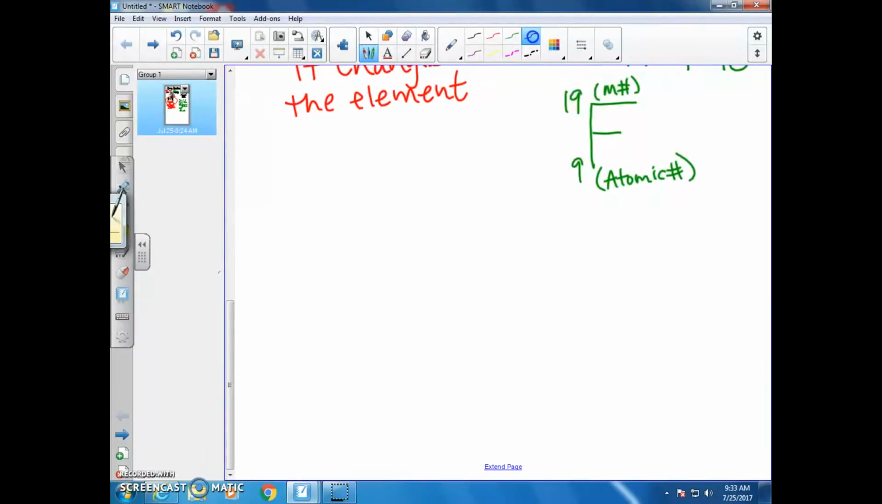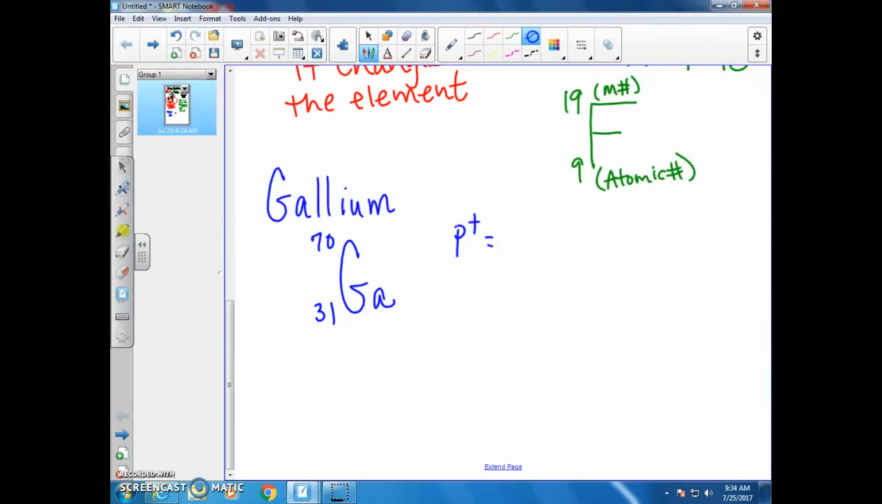All right, let's look at another one. Let's say that I give you gallium. And gallium symbol is Ga. And let's say that all I give you is 70 and 31. And I'm going to ask you, how many protons does it have? How many electrons does it have? And how many neutrons does it have? Based off the information that I gave you,